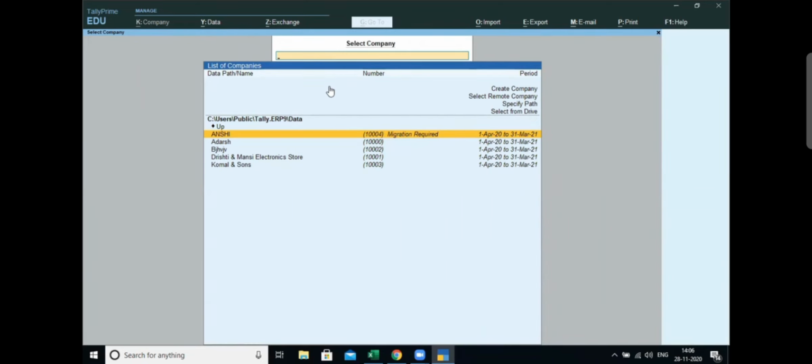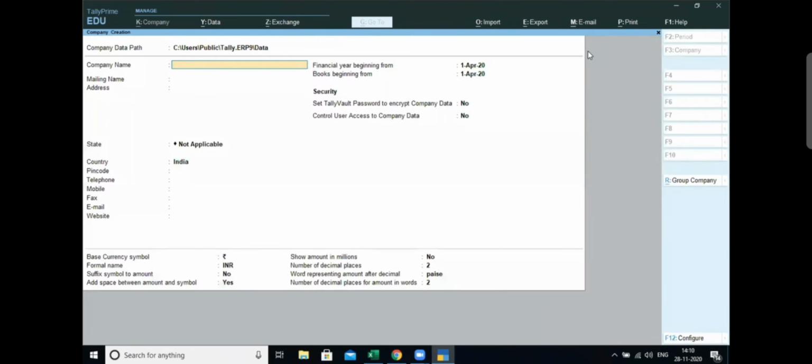First step. The second step is you can create a new company as well. So the next we have is create company. For create company, simply go to the create company option using the upward key on your keyboard and press enter. As and when I press enter, this will navigate me to the next form where I have to provide the details of the company that I want to create.